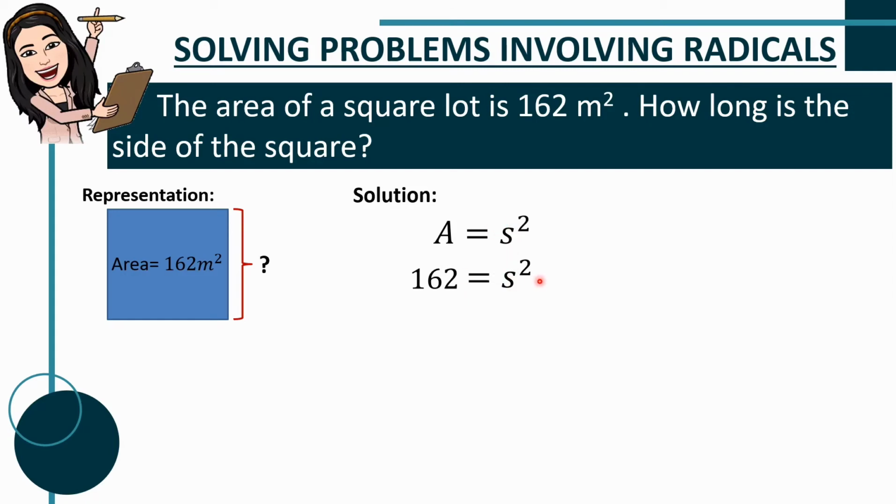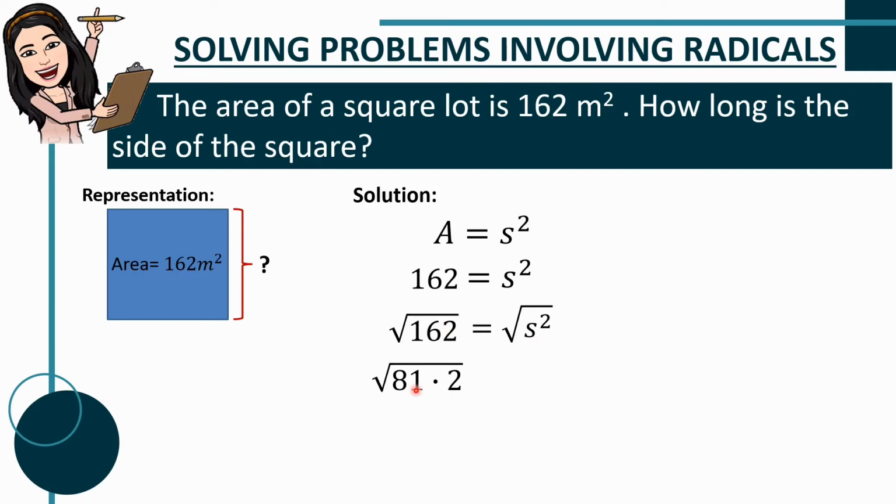Okay? Now, since we have this radical equation, 162 is equal to S squared, we may apply solving radical equations. And that is by extracting the root of both sides. Let us extract or get the square root of 162, the same as the square root of S squared. So here, square root of S squared is equal to S, and the square root of 162 is equal to,